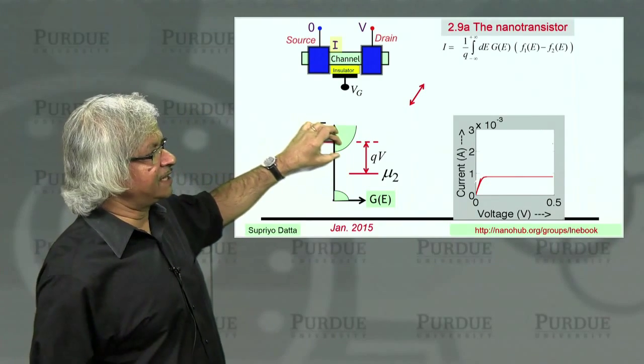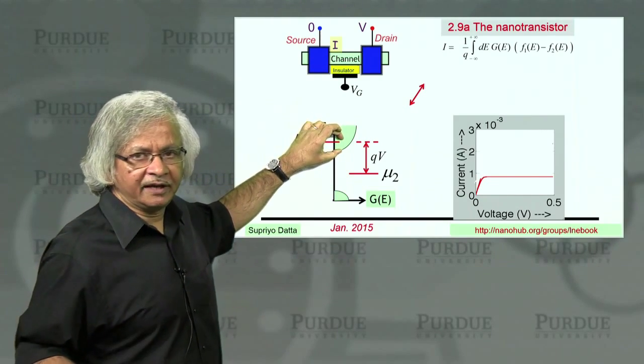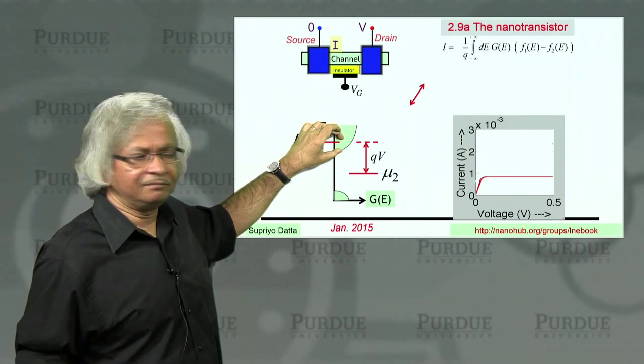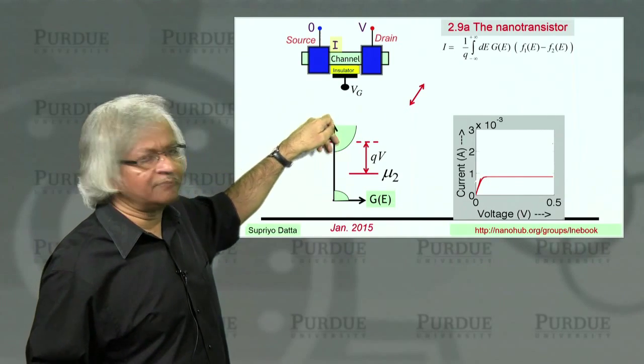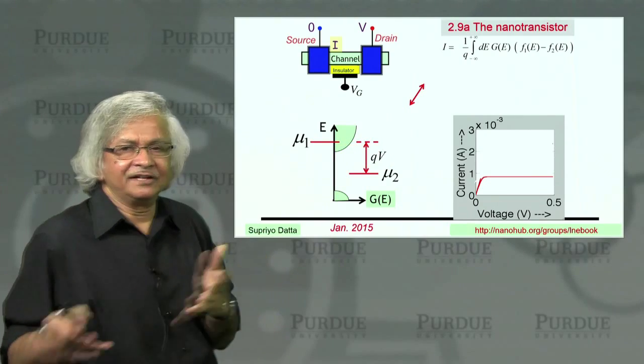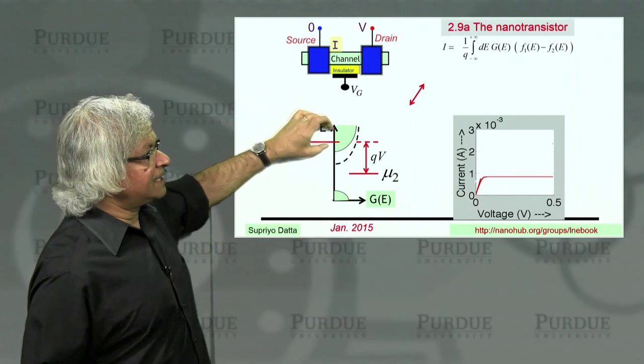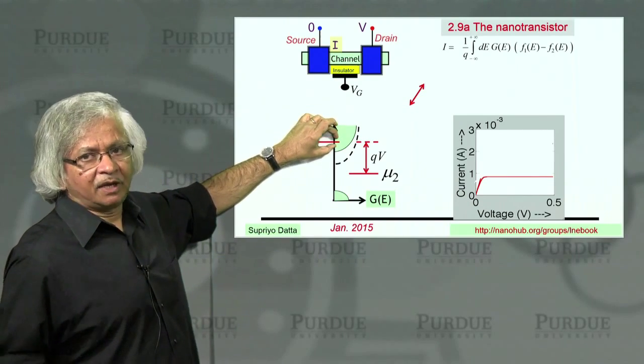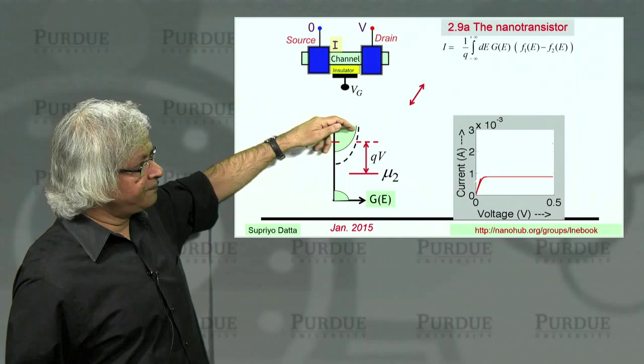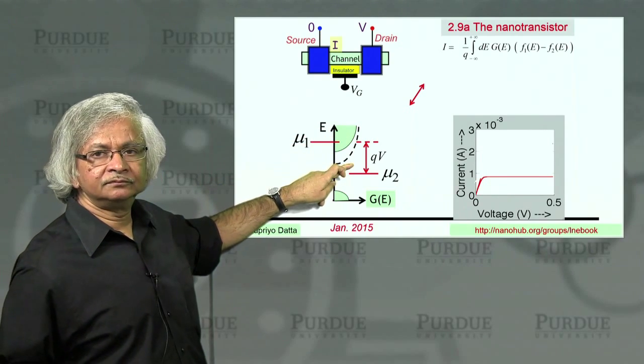Why? Because these states used to be full all the time. Now they're only filled half the time, because as soon as one electron comes in, the other one pulls it out. So on the average, you have like half the electrons. And so as a result, there would be fewer electrons, so positive potential, which would make the band go down.